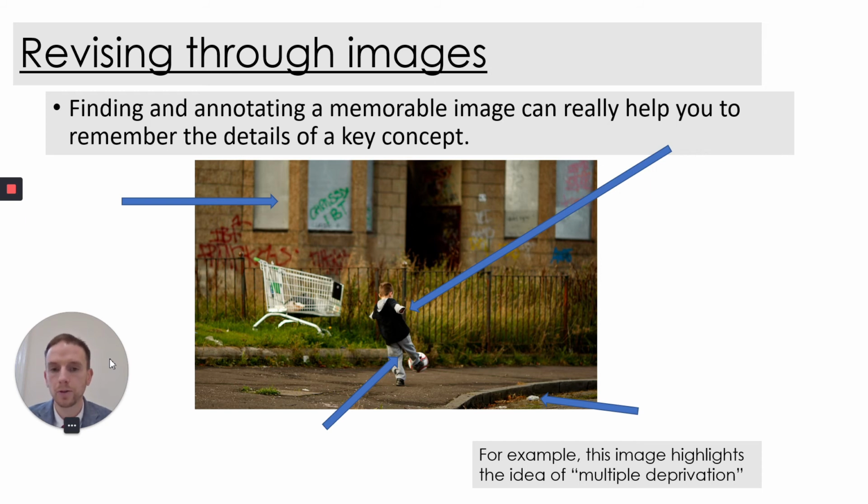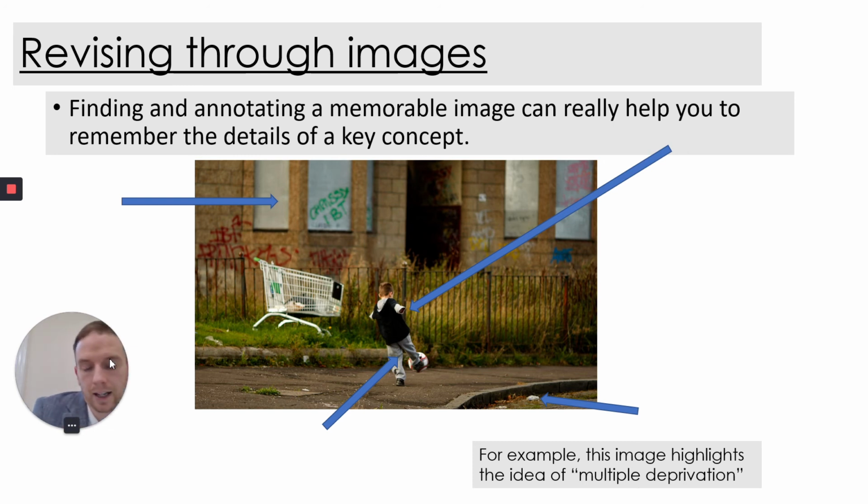So if they take a photo which is memorable and then annotate onto it the key information, that will help them to recall it come the time of the exam. So this example on the screen, we can see in the foreground we have an example of litter. This depicts multiple deprivation because it shows that this area is deprived of cleanliness. In the background, we have signs of vandalism with the graffiti and the boarded up windows. This is a sign of crime, so that obviously depicts that the people living in this area are deprived of